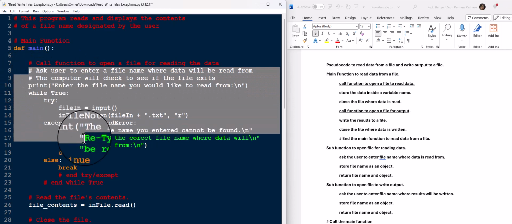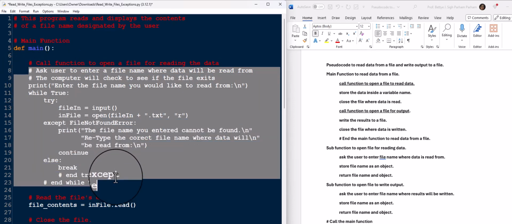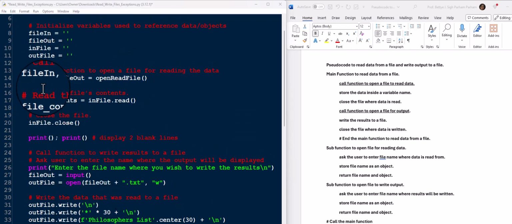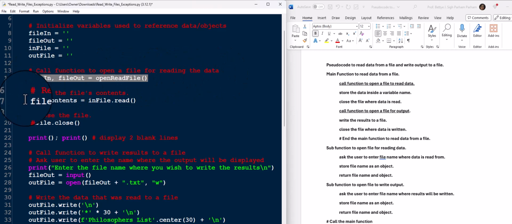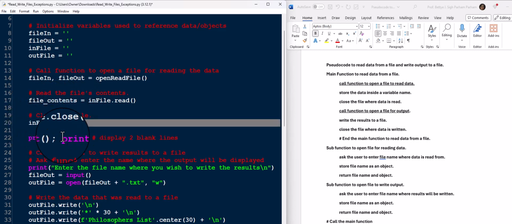All of these statements here are going to be removed, and we're going to call the function here. This is where it exists, and of course the data is read and stored in a variable. We close that file object,